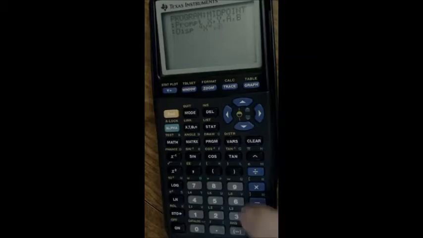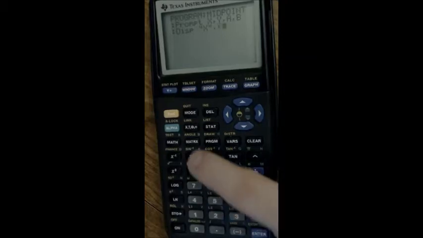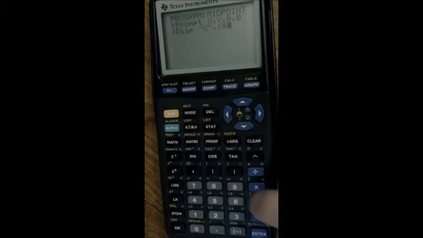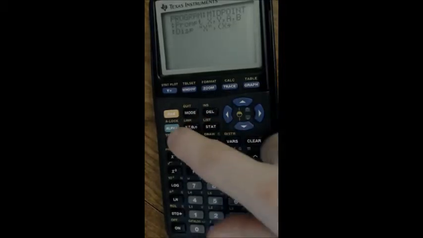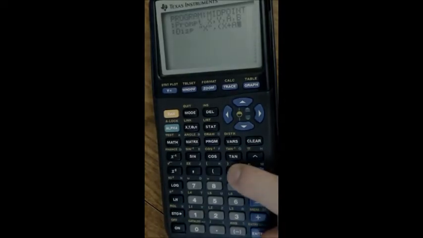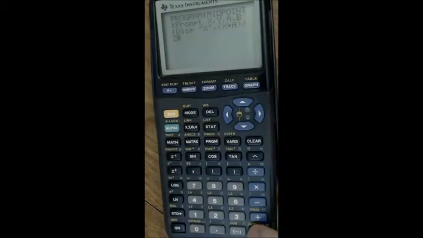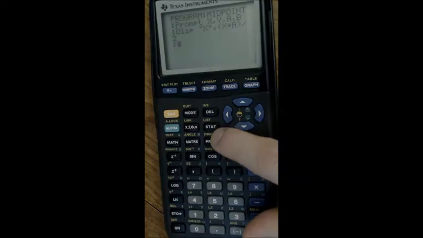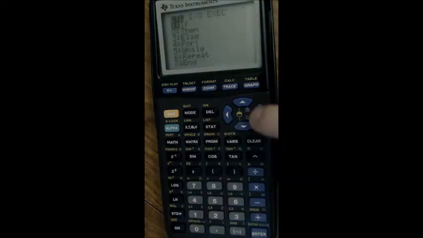So parentheses, X1 plus the X2 value, which is A, close parentheses, divided by 2. There you go. And now let's display the Y value. So program, IO, display,